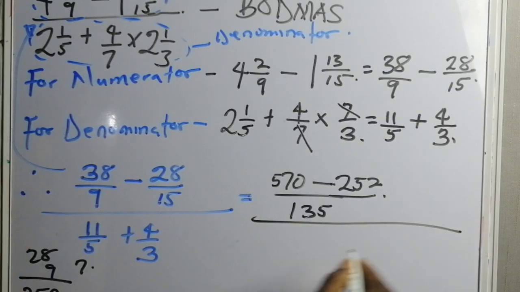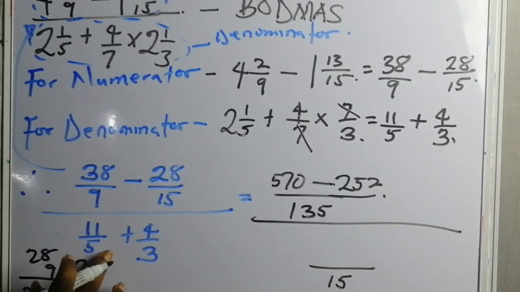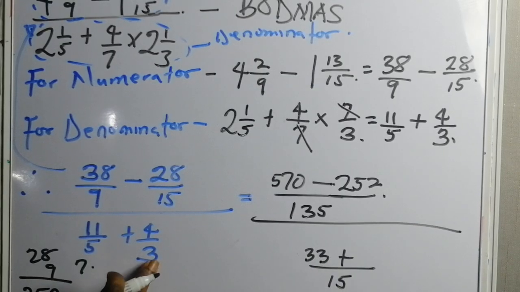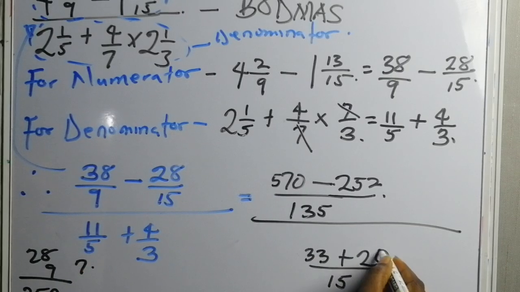While for the denominator, what's the LCM? The LCM is 15. This is the denominator. I've done with the numerator. For the denominator, the LCM is 15. 15 divided by 5 is 3. 3 times 11 is 33. Plus 15 divided by 3 is 5. 5 times 4 is 20. Okay? So therefore,